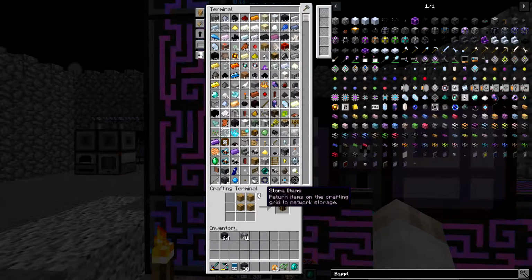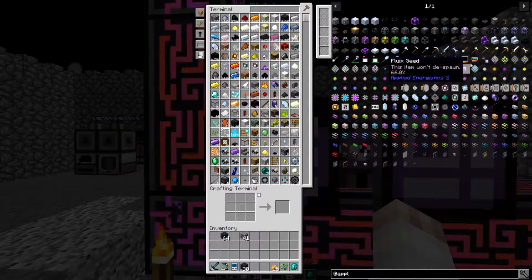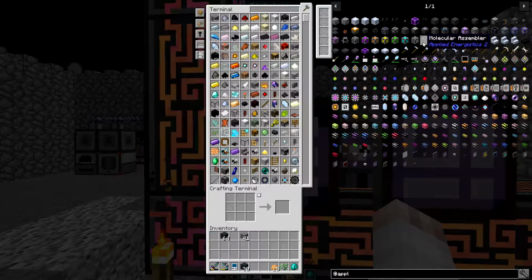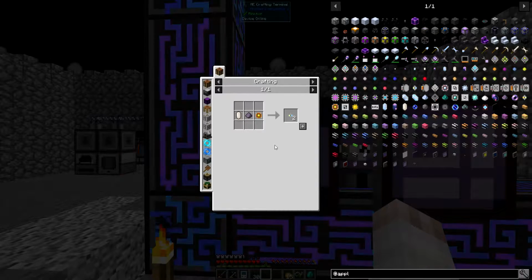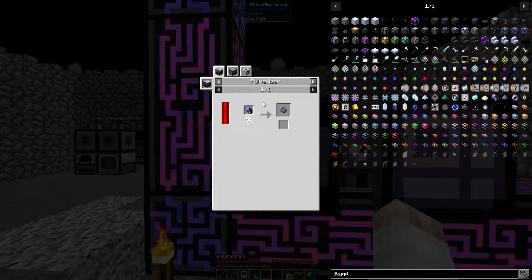Or dictionary, guys. Come on, get it to work, please. Great. And then I need the molecular assembler. Oh, 2 of those, and then we need the molecular assembler. And darn, what am I missing? It's one of the processors. Nope. Look, Flux